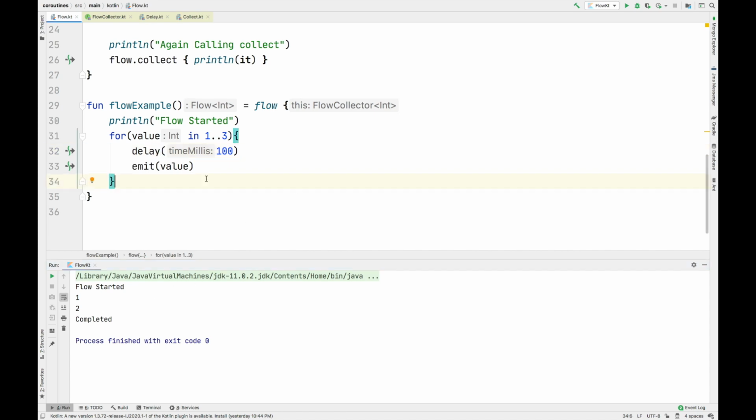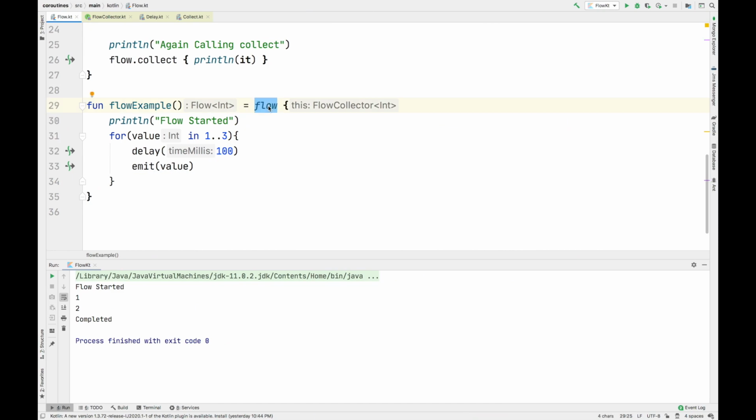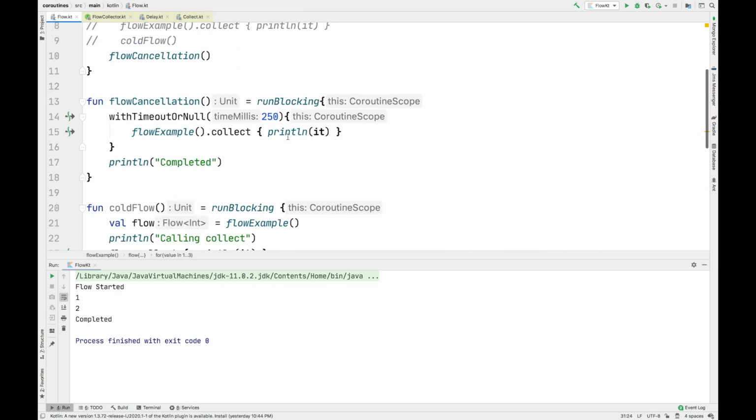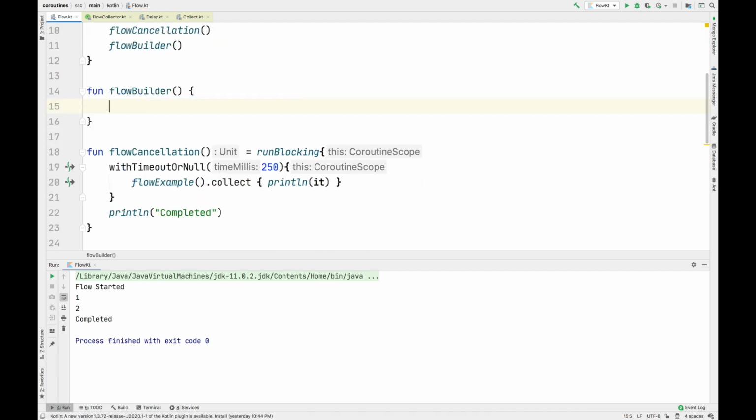I will move to the next example. Next we will see flow builders. Apart from this flow builder, we have 2 more flow builders which I can show you right now. Here I'll write another function. I'll call it flowBuilder. Inside this function, I'll create a flow of elements from a range.